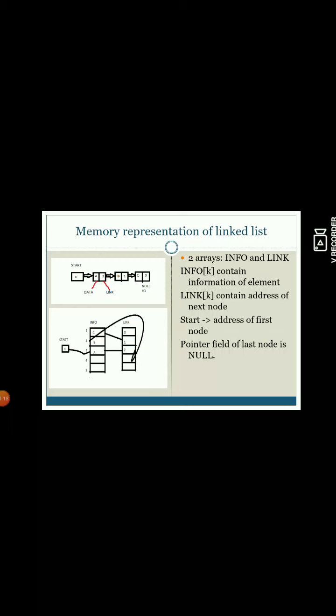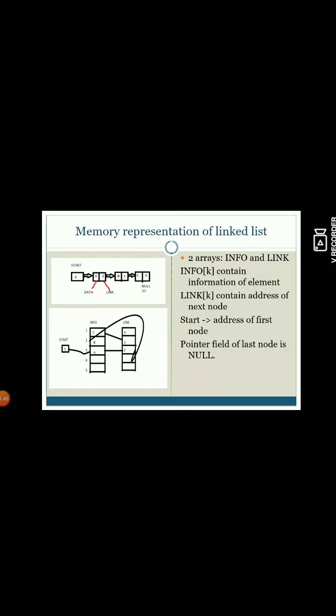That's why the link part of the last node always consists of null. So in front of C in the link array, I make a cross mark, or I can say null. So here is the example of memory representation of a linked list.